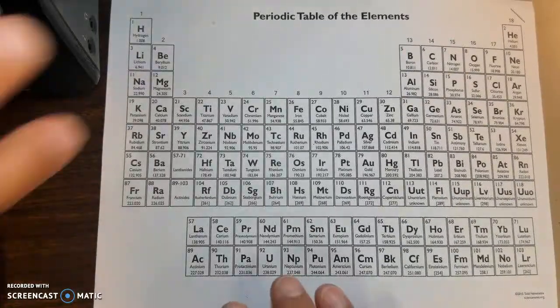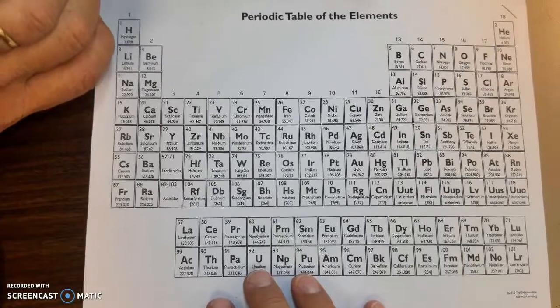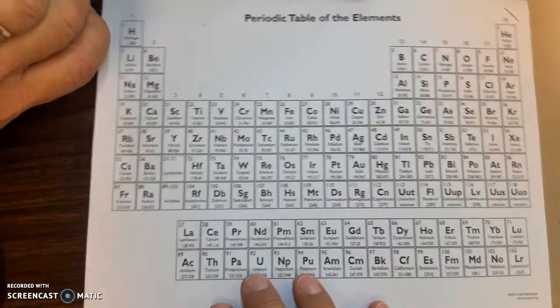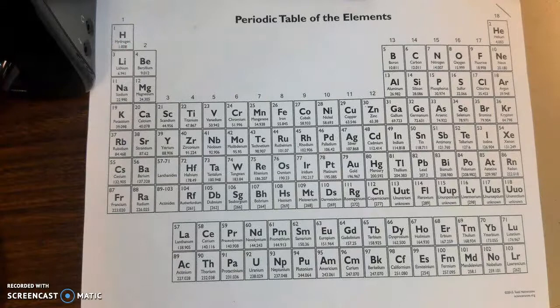Okay, guys, this is kind of an intro. Some of you may have seen this before. Some of you are seeing it for the first time, but this is the periodic table of elements. So this is every element that we are currently aware of, every element that's been discovered, represented on a chart